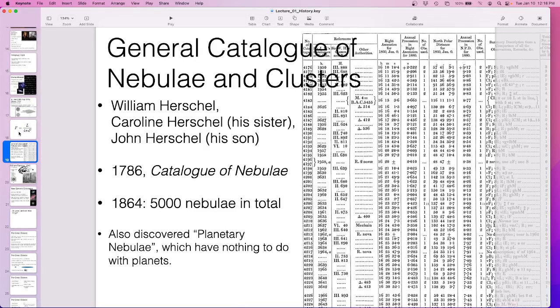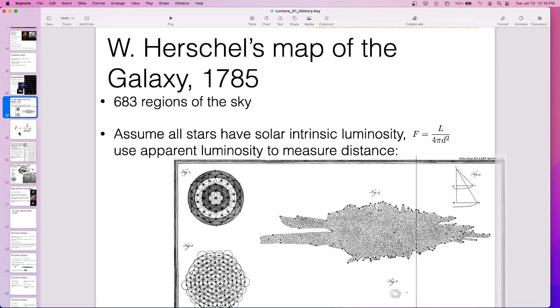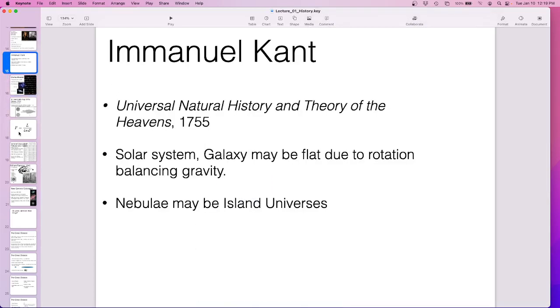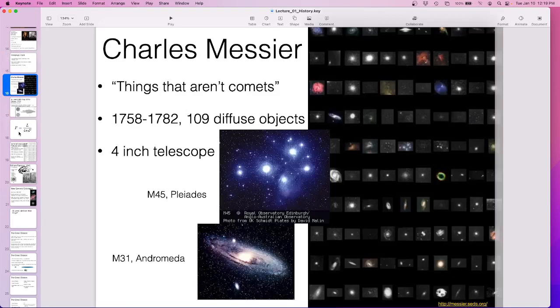Okay, so Herschel and his sister and his son all got together. So the same guy who made this map, that isn't quite right, but is a great start, made a catalog of nebula. What's a nebula? Isn't it like a birthplace for stars? Now it is, but when he was writing, it was kind of anything that's up in the sky that's not a star or a planet. It's like anything that's fluffy. Anything that looks like a cluster or a cloud? Yeah, anything that looks cloudy. Anything that's got some distributed shape to it that's not just a point of light. So back in the day, that was anything fluffy.